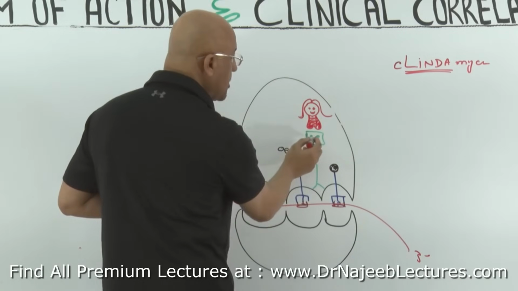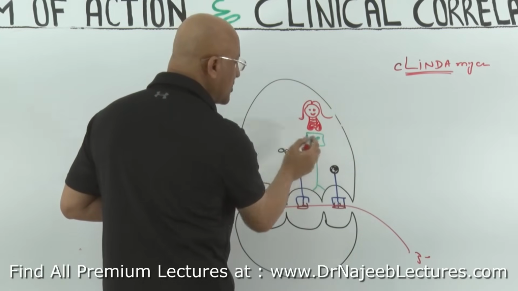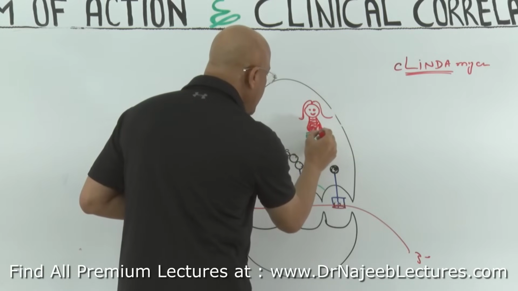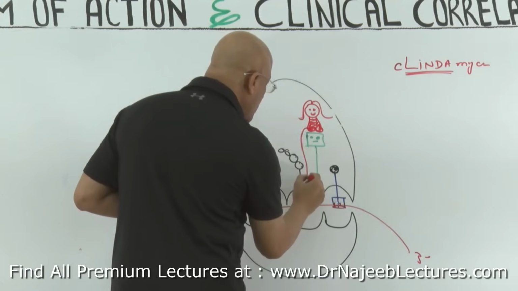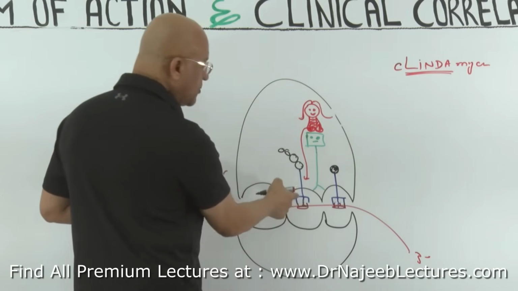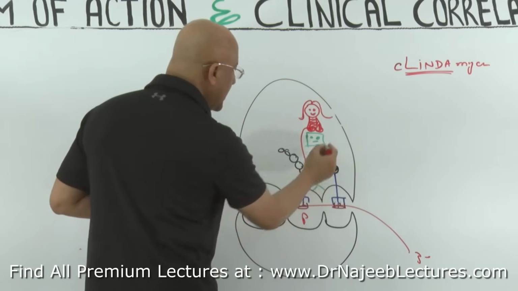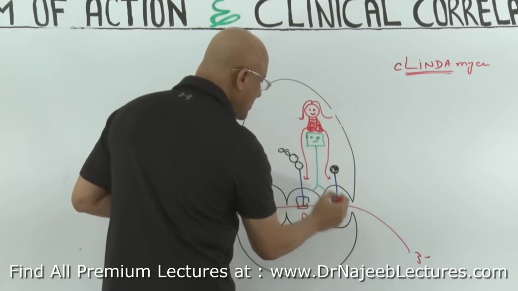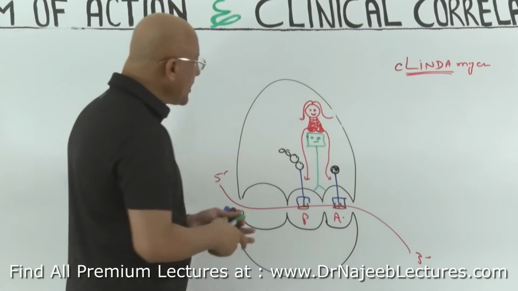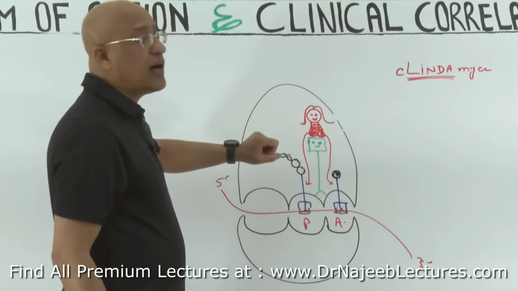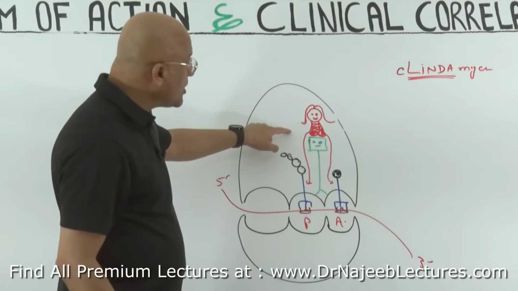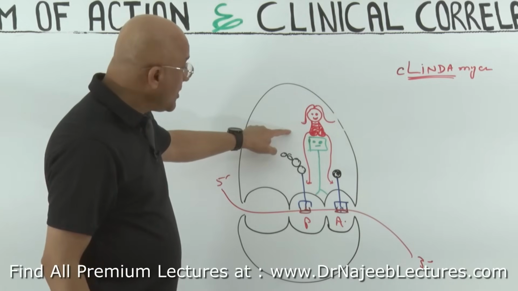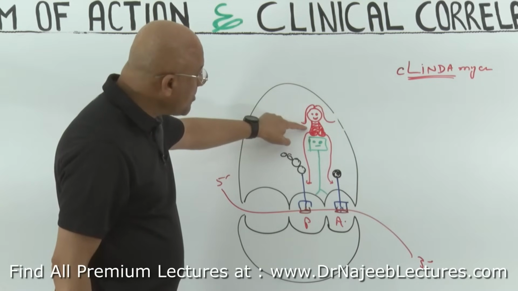50S ribosome component, functional component, which is 23S ribosome. And she is sitting over here, and her legs, one leg is going towards which side? P side. And other leg is going towards A side, right? And if clindamycin binds on the 50S subunit of ribosomes of susceptible bacteria, then clindamycin, like a